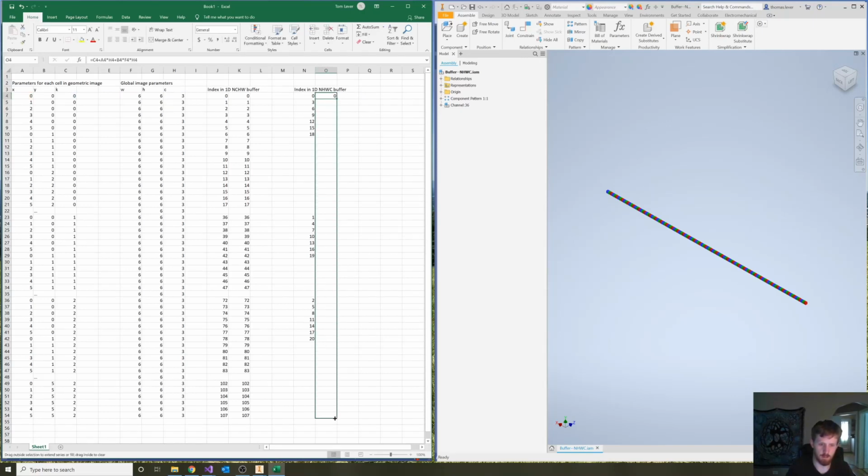Let's bring this all the way down. These look right. These look right. And these look right. So I'm just going to say these two formulas are correct. Okay, so now